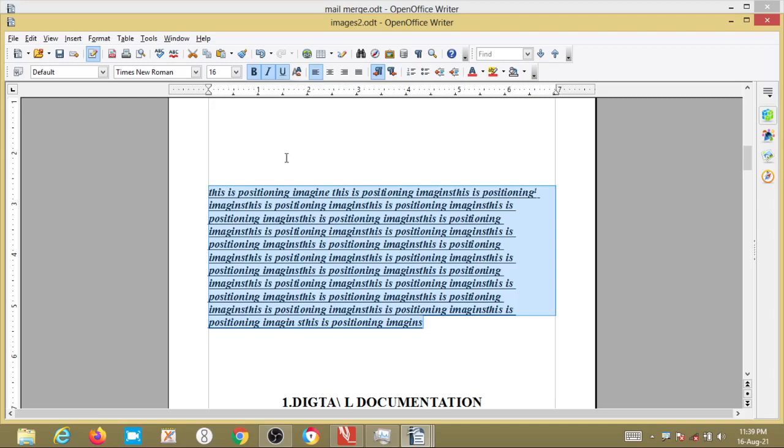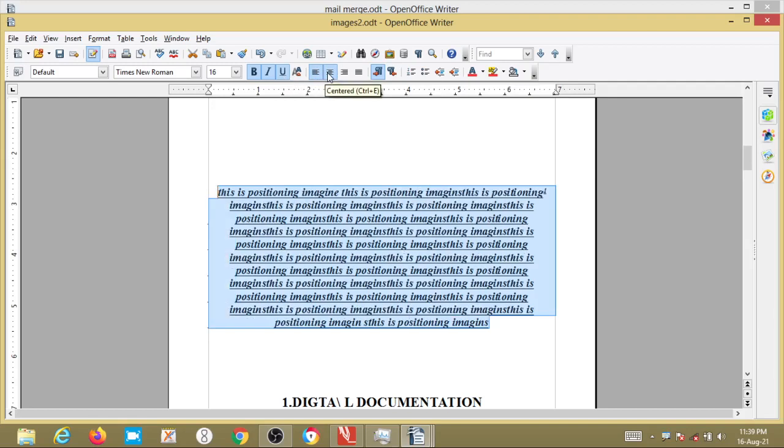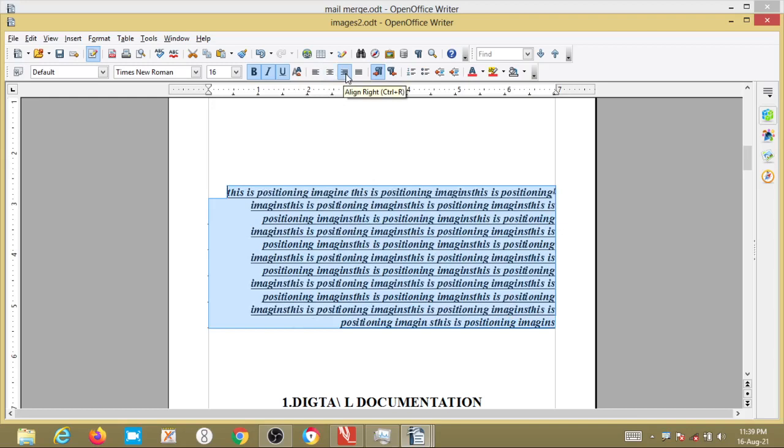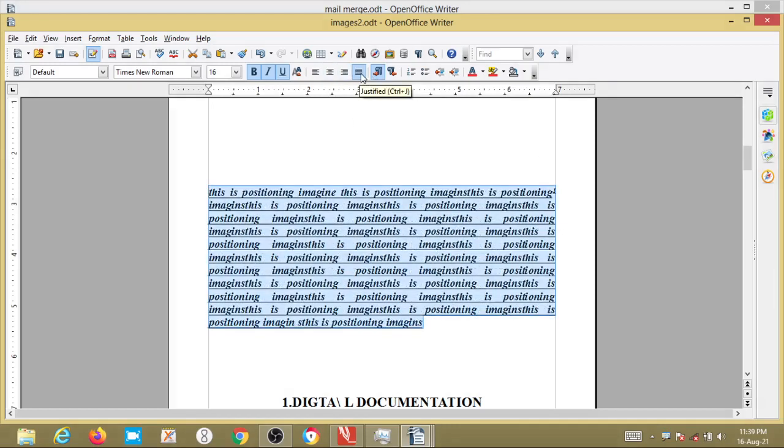Or if I want to go in terms of position, see here it is left aligned. If I want it center aligned, and I give the center alignment, the selected text is aligned from the center. If you give left aligned, it will be aligned to the left. Or if you give justified, you will get a justified format of the paragraph.